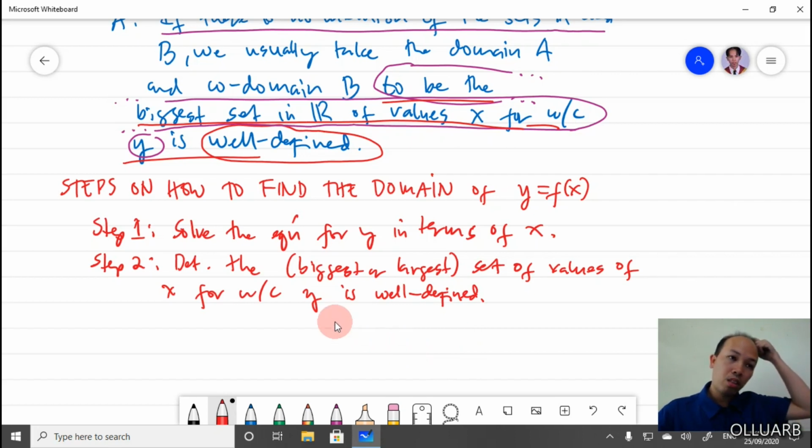Okay, so it says here that after solving y in terms of x, you are going to determine the biggest or the largest set of values of x for which y is well defined. Usually this will be an infinite set. Okay, so just like before,